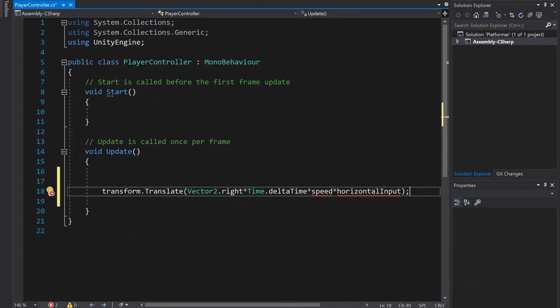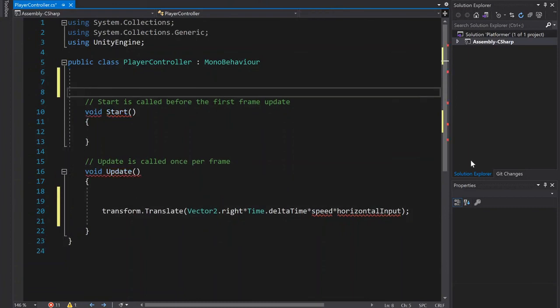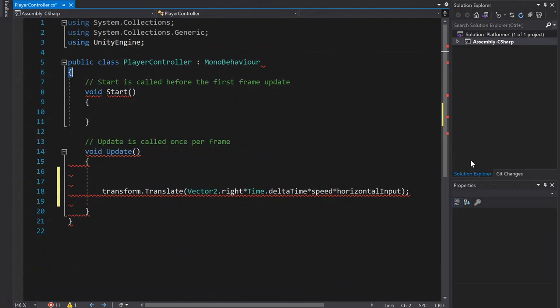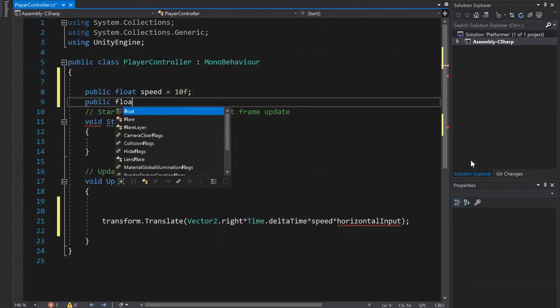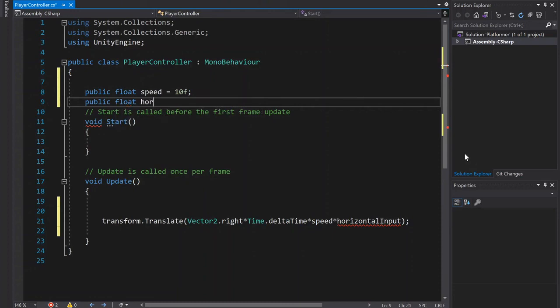Okay, now I'm getting errors right there, and hopefully you realize that the errors are because I haven't defined speed or horizontal input. So let's go ahead and go up here and say that I have a public float called speed, and right now that speed, let's go ahead and set it to 10f. And then I have a public float called horizontalInput,